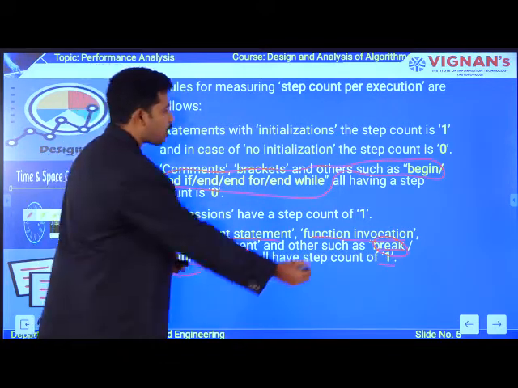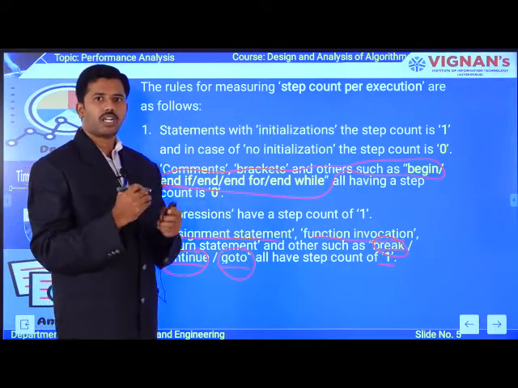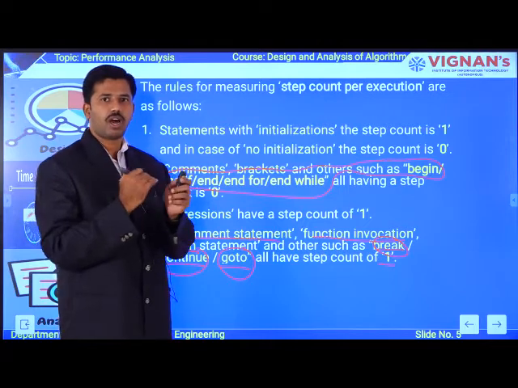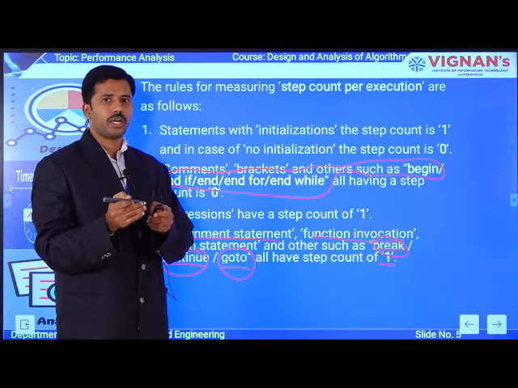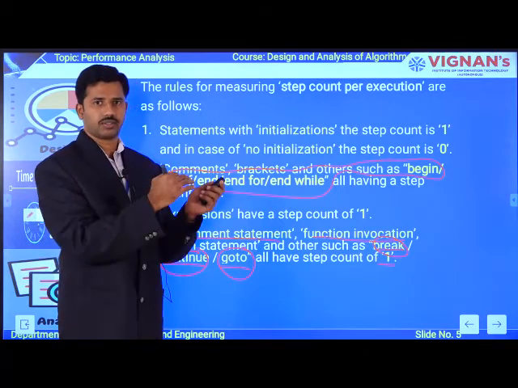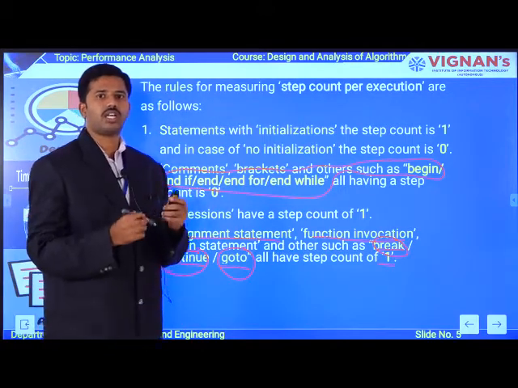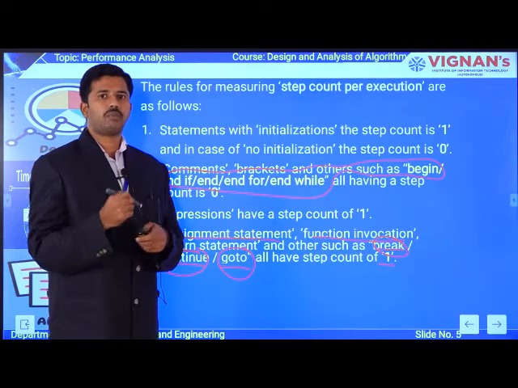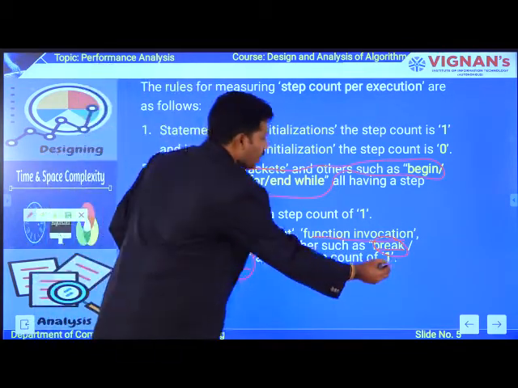Take an example of break. Whenever the break keyword comes into the picture, the execution of an algorithm halts. Whenever you encounter a goto statement, the control of an algorithm moves from one place to another place. Now coming to continue, whenever the algorithm encounters a continue keyword, the current execution is skipped. So for these keywords only the value is 1.